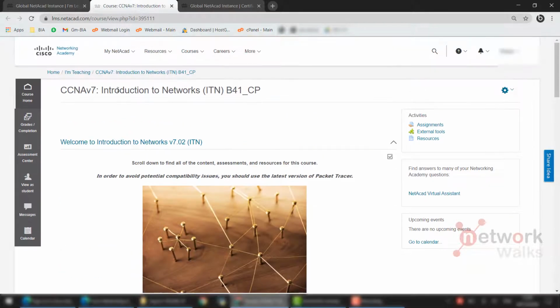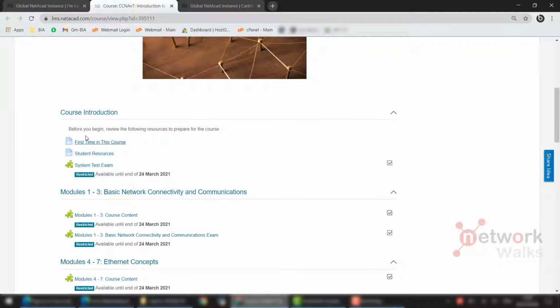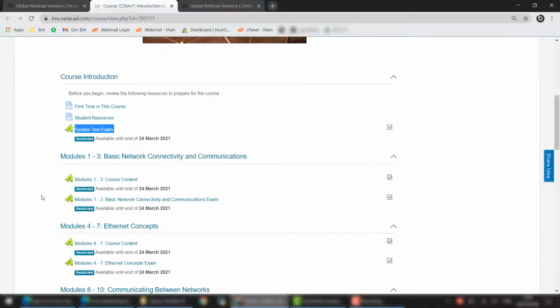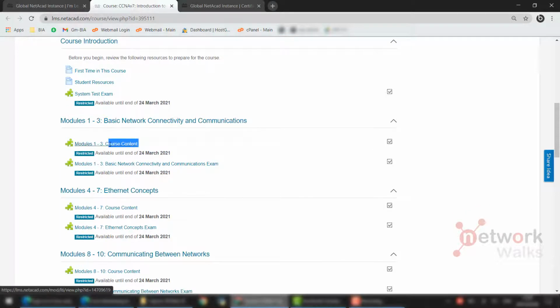You have to go through all the steps. Please read through each and every detail on this main page. Here you will see, first time in the course, go through the orientation. All these icons are a must if you want to get graded, if you want to get a discount voucher at the end, if you want to complete the course, and show the progress. Here you have to click and run the system test. Some courses will have a system test, other courses will have other requirements, but you have to fulfill all one by one. Then you have to go to the course content, and these are the module group exams.